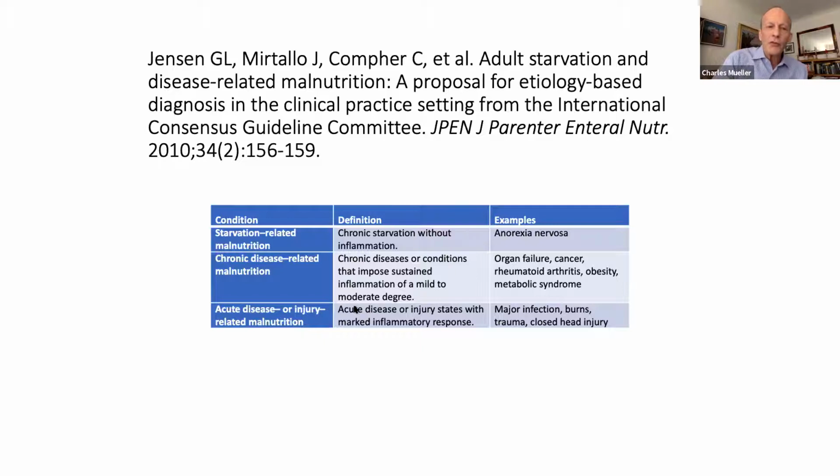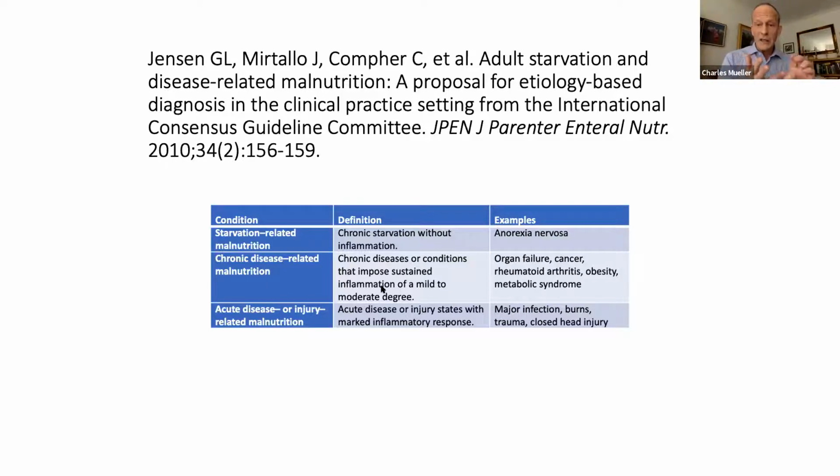And they created 3 new categories, 3 new definitions or different categories of malnutrition. One was this starvation-related malnutrition, and then they have one for chronic disease-related and acute disease-related. And they give examples. This is chronic starvation without inflammation. These 2 have inflammation. The chronic people are probably those with cancer cachexia, and people waiting for organ transplants, heart